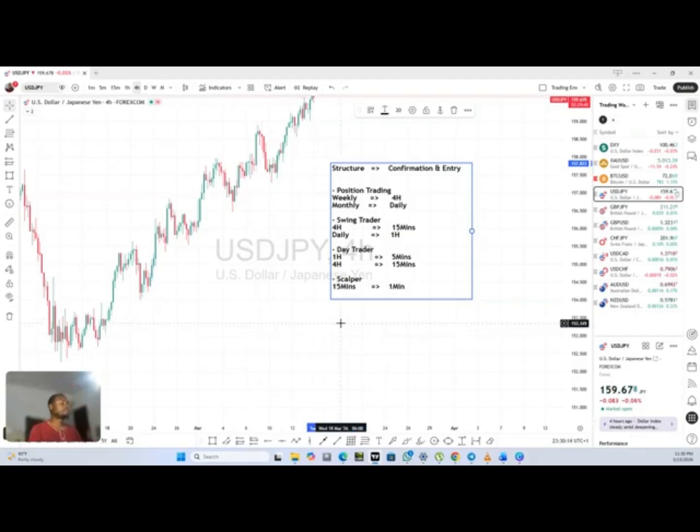So to do your top-down analysis properly, all you need is two time frames, sometimes three, but all you need is two. Which one and which one? Your bigger time frame, the one that you are going to do your analysis on, and the second one is the time frame that you are going to do your entry on. For example,